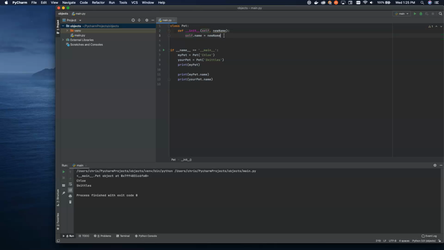Now, the next thing we can do is create a method on our class. Methods are special functions. We already know functions are a way to interact and bundle up code as an executable bundle. A method is just a function that operates on the instance of a class. That's all the name method actually means. So if I want to, for instance, I decide later on I want to change the name of, or let's say